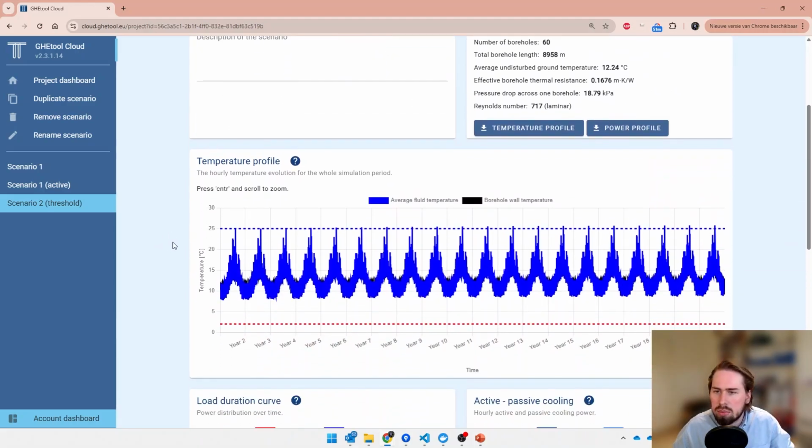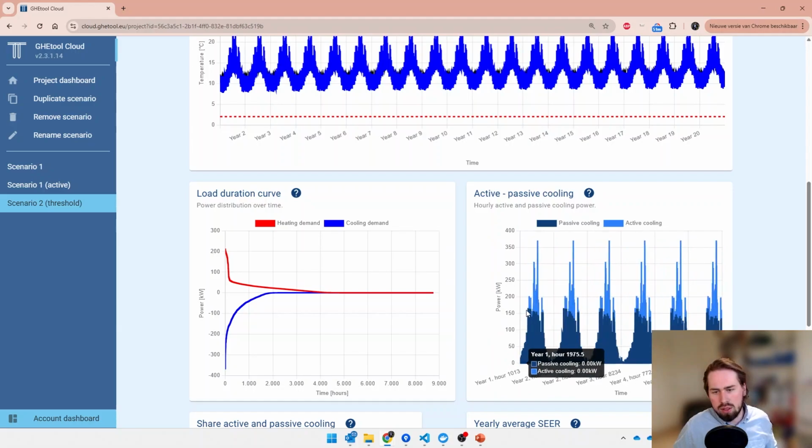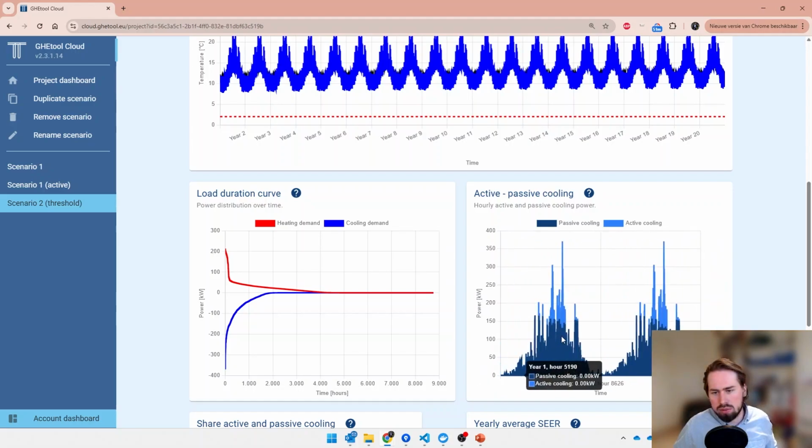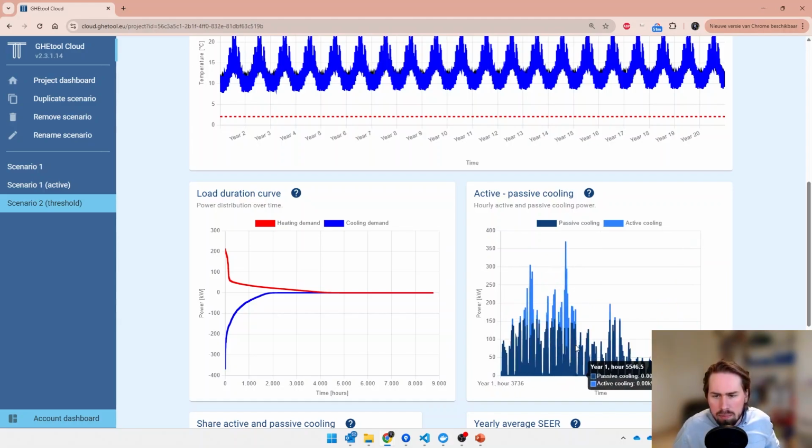Let's see, so the temperature looks more or less the same. But this is an interesting graph. So what you can see here, if we zoom in on our first year, for example, this is the cooling profile of our building. And in summer, quite a lot of high peaks are, of course, everything above the 150 kilowatts is for active cooling. But there is still quite some passive cooling